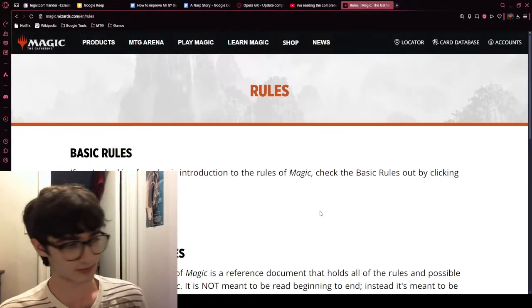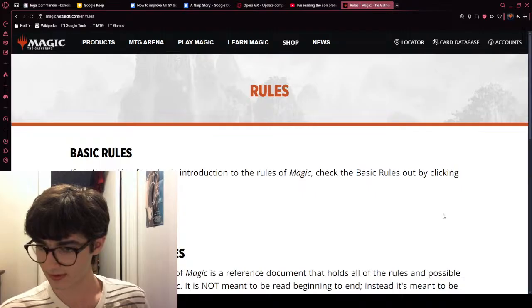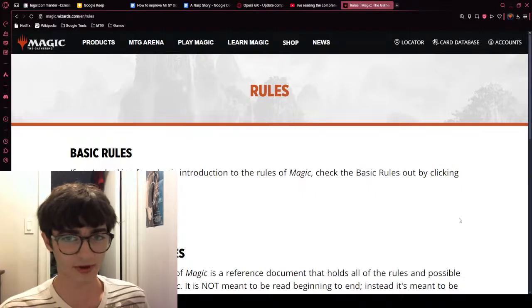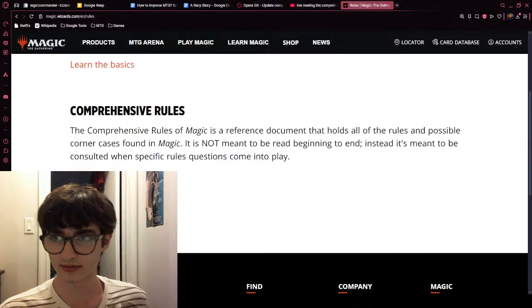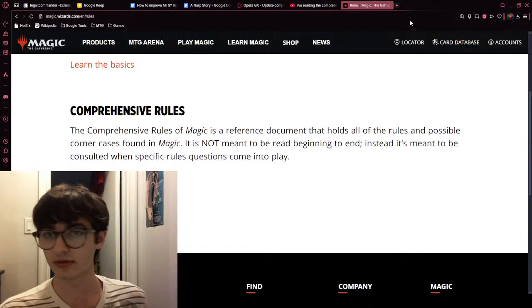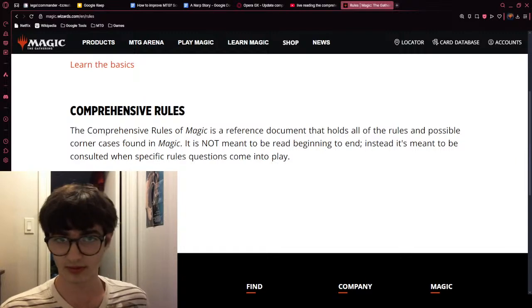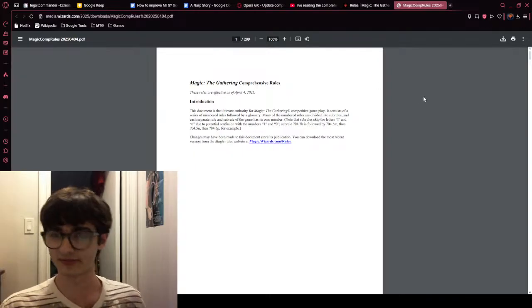Oh, why do I have like a little layer over there. Okay. Comprehensive rules. I'm just gonna open it in docs. Oh, that downloaded it. Okay, sure. Hold on. There we go.